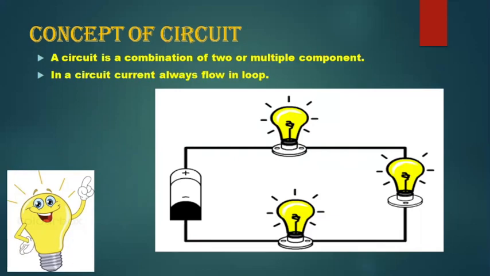Without the battery, your circuit will not complete and you will not get light if you are connecting LEDs in it. And similarly, if your circuit has a fan, then your fan will not move if there is no battery. So the battery is the most important part of your circuit, because only then will your circuit work if there is a battery.